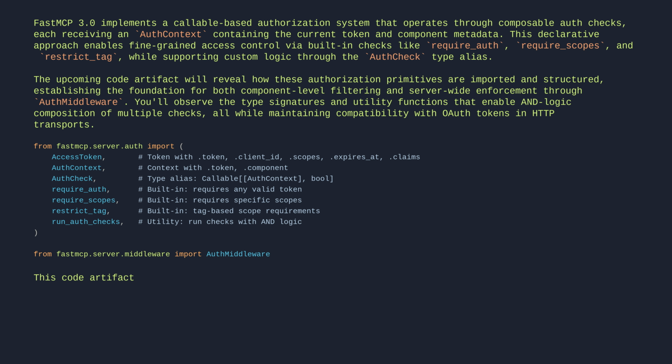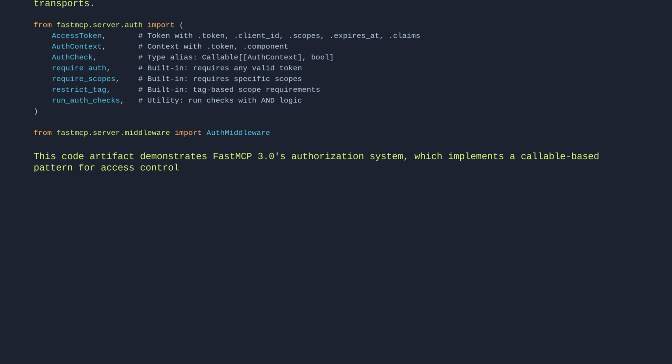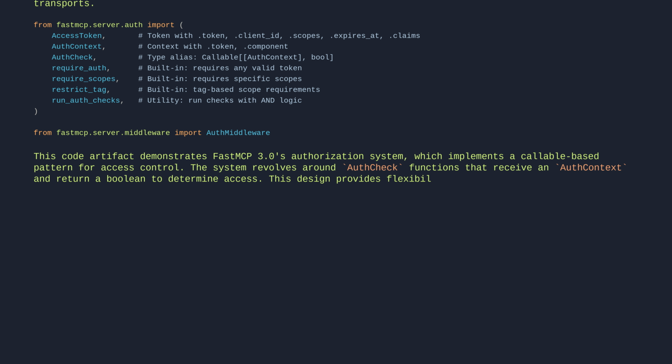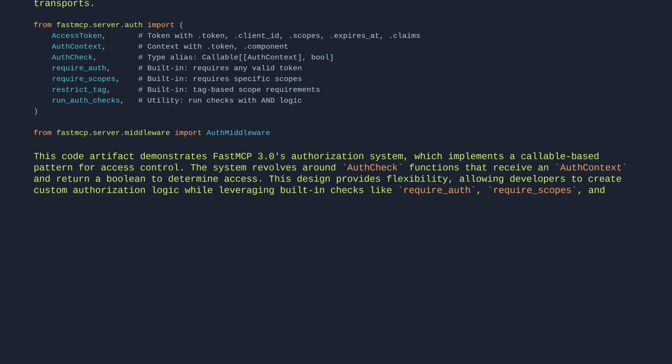This code artifact demonstrates FastMCP 3's authorization system, which implements a callable-based pattern for access control. The system revolves around AuthCheck functions that receive an auth context and return a Boolean to determine access. This design provides flexibility, allowing developers to create custom authorization logic while leveraging built-in checks like require auth, require scopes, and restrict tag. The authorization model uses AND logic when combining multiple checks, meaning all checks must pass for access